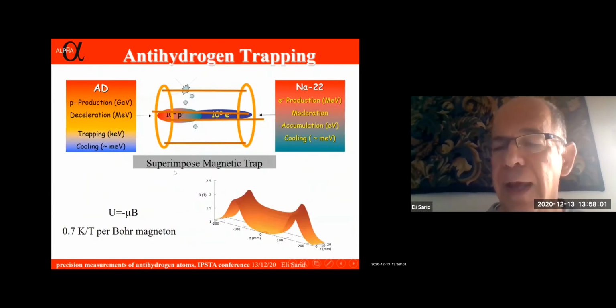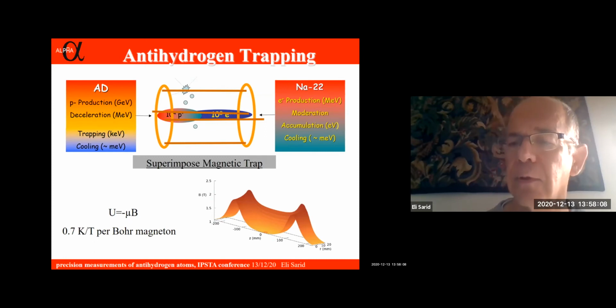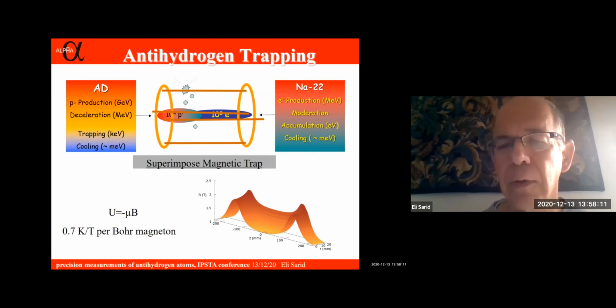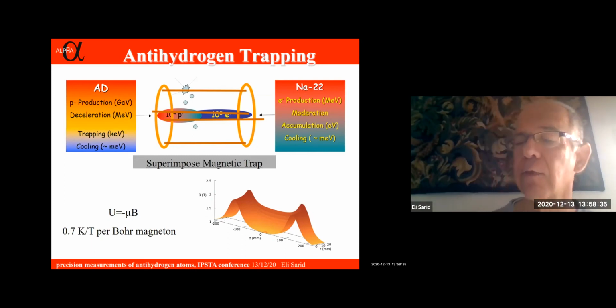The plasma topics that come into play here are because all these manipulations that we have to do for the antiprotons and the positrons are non-neutral plasma manipulations that were developed in groups like in San Diego, in Berkeley, two groups that I worked with, and elsewhere. But eventually, when the atoms are hopefully produced, the antimatter atoms, then of course we go into a different discipline of how to trap neutral atoms. And this is done by a magnetic trap.